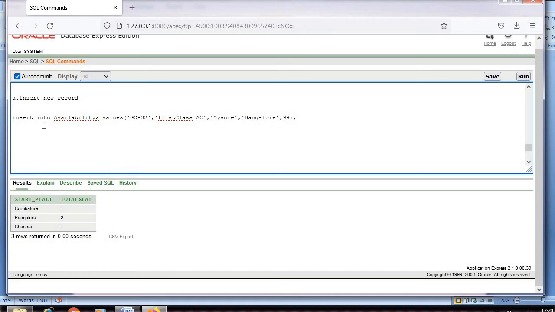This is how I'll be inserting a new record to my table. I'll just run this and see. Yeah, we have inserted one row.